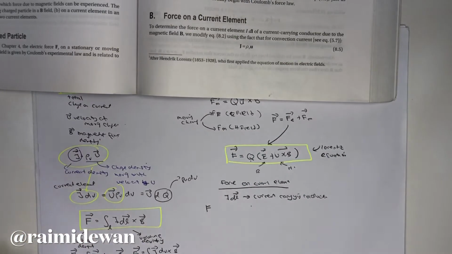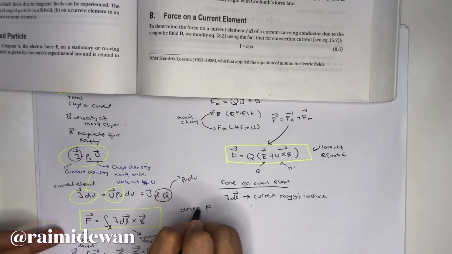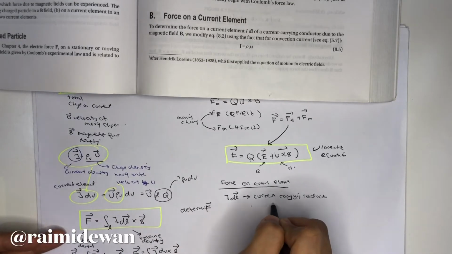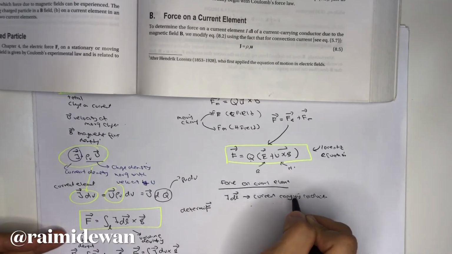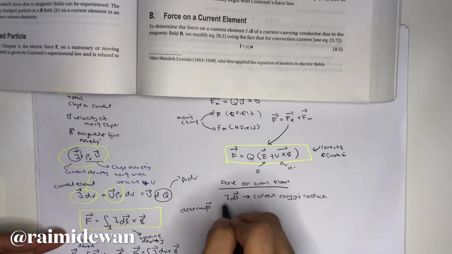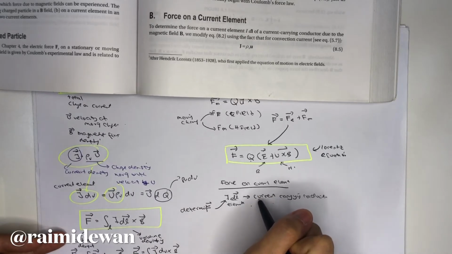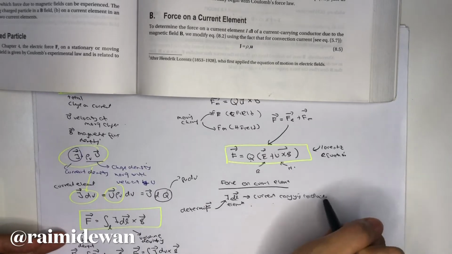Okay, we want to determine the force on a current carrying conductor or current carrying element. Okay, this one is element. Why element? Current carrying element, because we have DL, right? Of a current carrying conductor due to magnetic field. Okay,